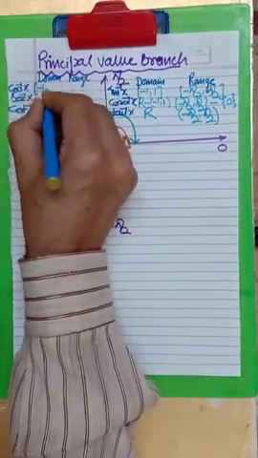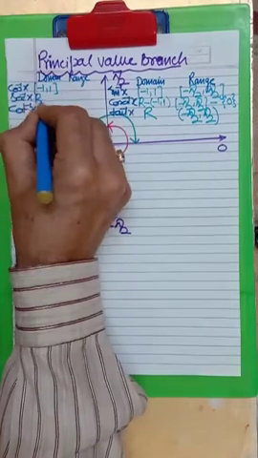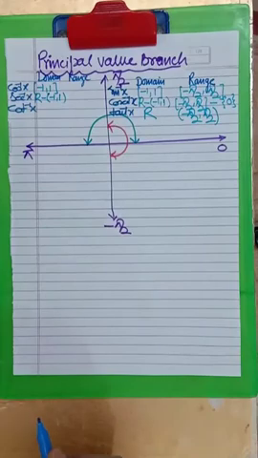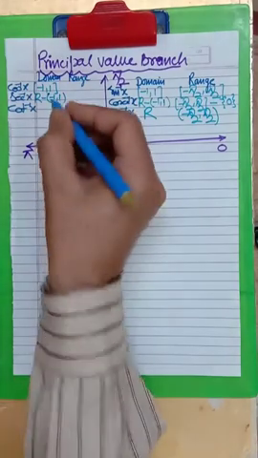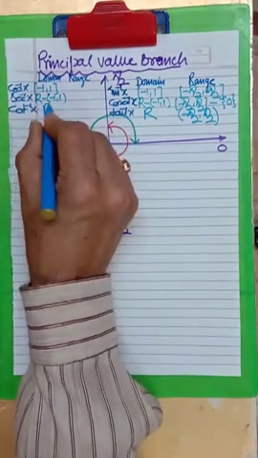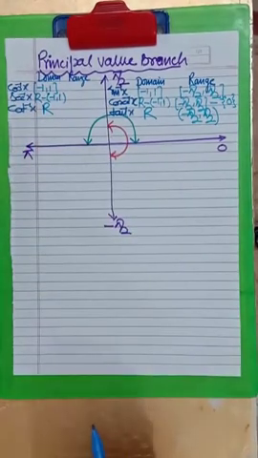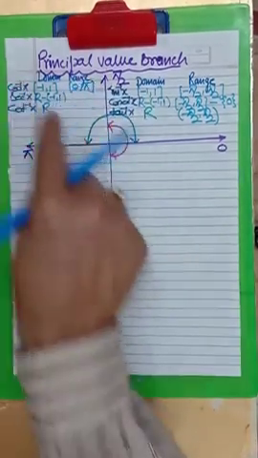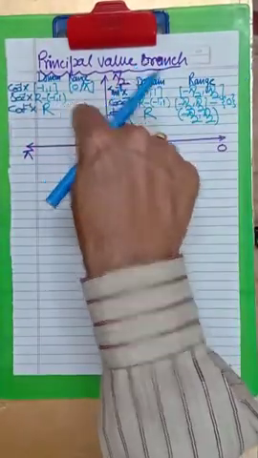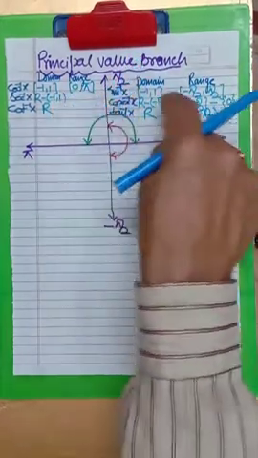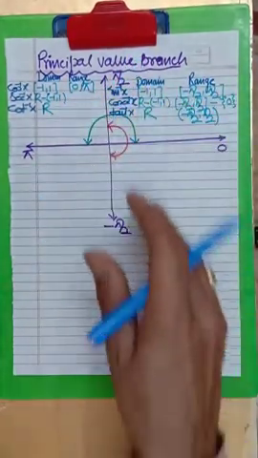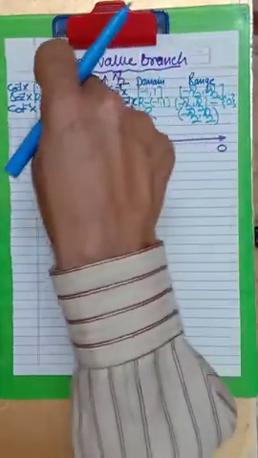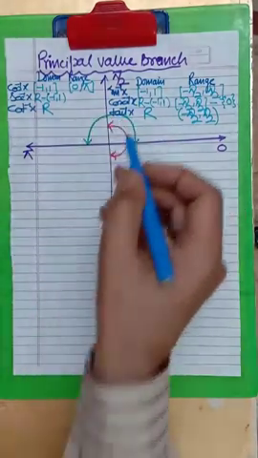In this case the same value is here, because cos is also part of that reciprocal: cosecant is the reciprocal of sine, secant is also the reciprocal of cos, and cot is the reciprocal of tan. We have to take the same values here. But what will be the range? Range will be 0 to pi only, because cos is positive in this quadrant and negative in this quadrant. We have to take only two adjacent quadrants, the first quadrant and the second quadrant, that is 0 to pi.